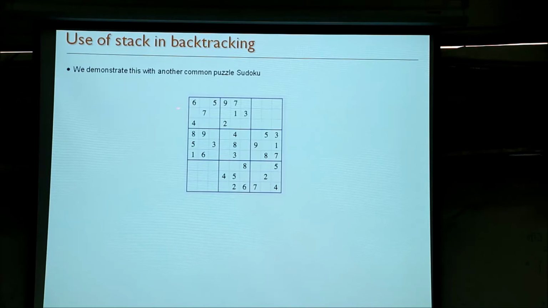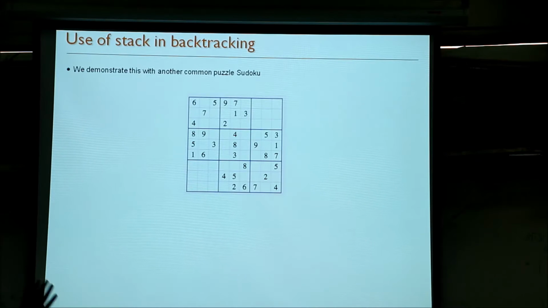So what we can do is iterate through all the positions. Maybe first we take all the blank places of the first row, and then the second row, and so on. And we will try to place the numbers 1, 2, 3, 4 up to 9. If you can find a number which you can place, then you place it. If there is a conflict, meaning the same number already appears in the row or in the column or in the same block, then you have to backtrack.